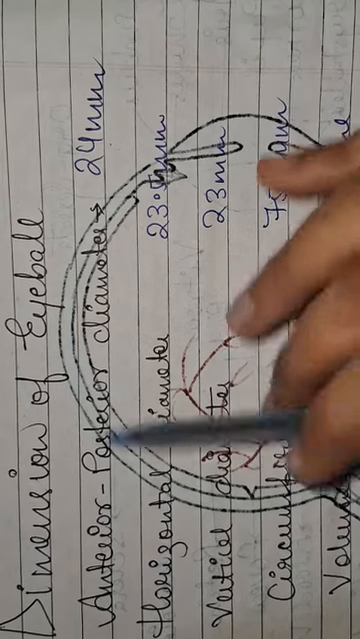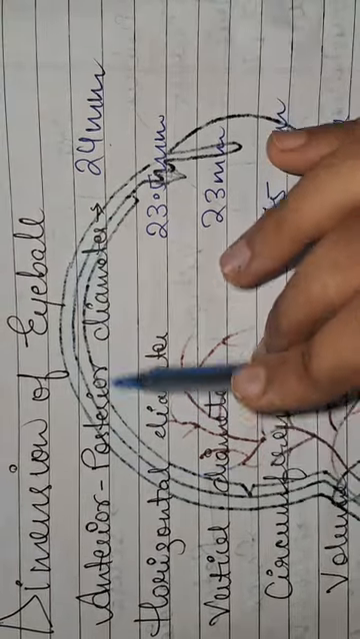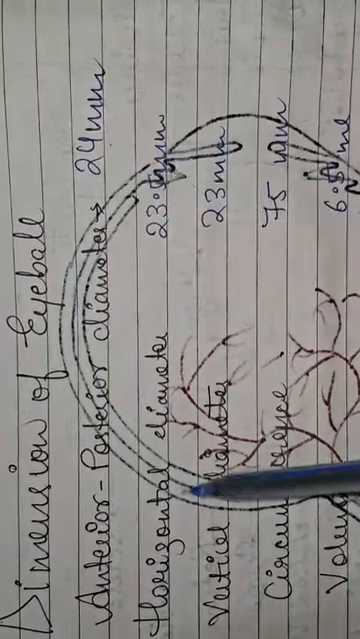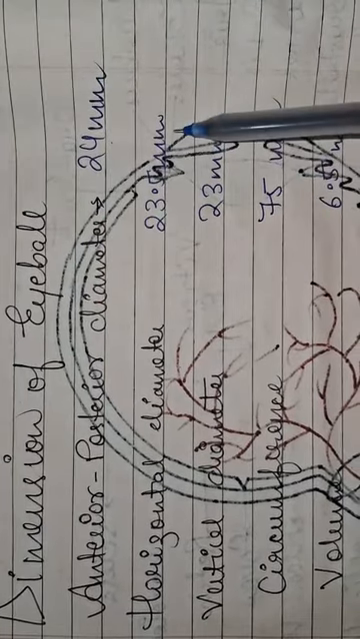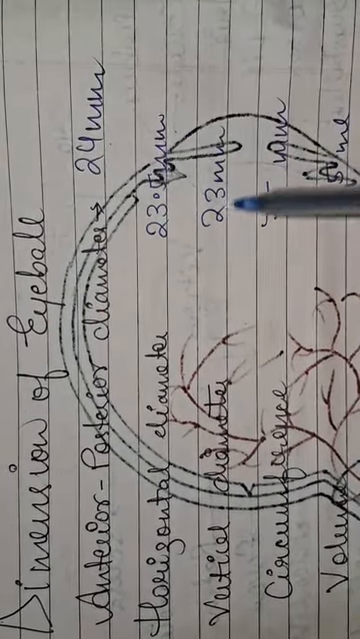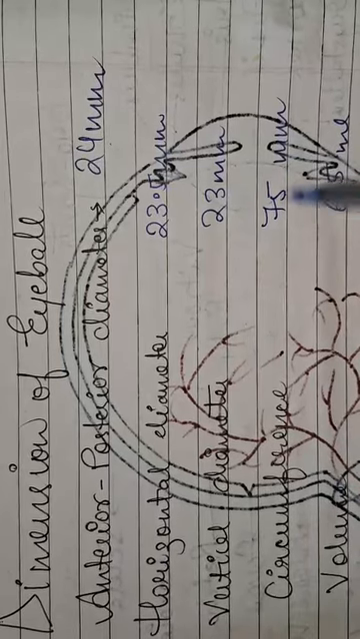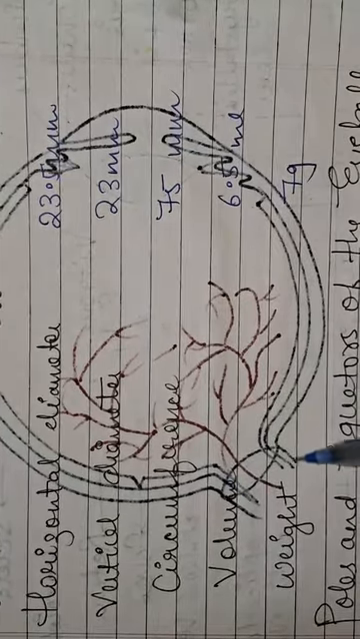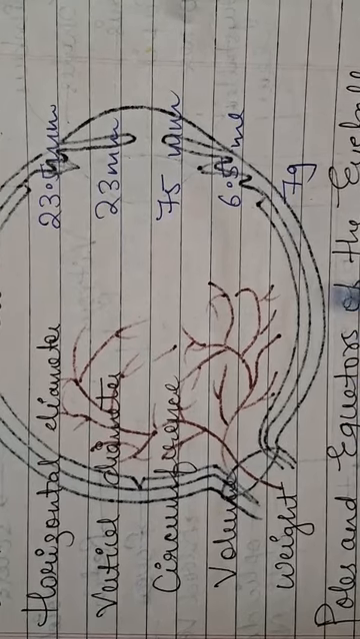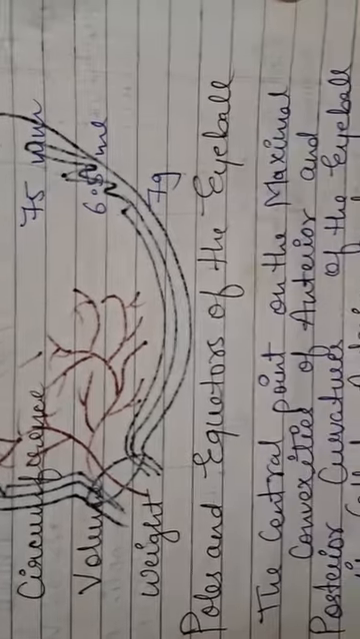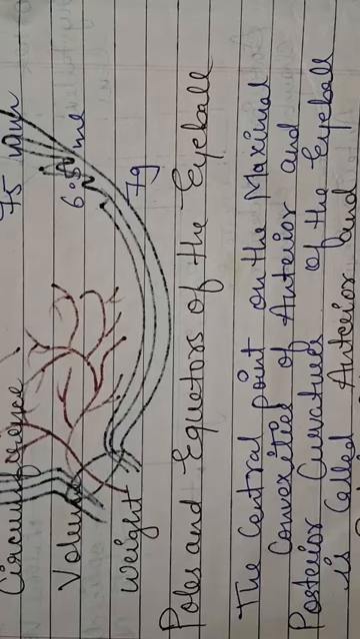Also discuss about the dimension of eyeball. Anterior posterior diameter 24 mm, horizontal diameter 23.5 mm, vertical diameter 23 mm, circumference है हमारी 75 mm, वॉल्यूम है हमारा 6.5 ml एंड वेट है हमारा 7 ग्राम। ऑल्सो डिस्कस अबाउट द पोल्स एंड इक्वेटर्स ऑफ द आईबॉल।